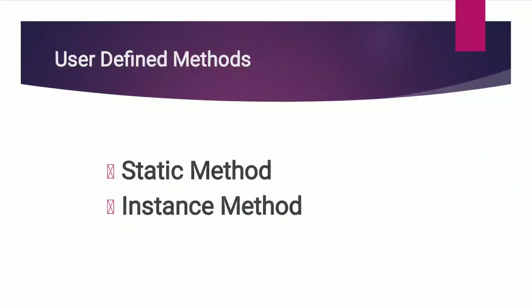Static method. A static method is a method that can be called and executed without creating an object. They are used to create instance methods. An instance method is a method which requires an object of the class within which it is defined to be created before it can be called. If the method in Java is not clearly defined as static, it is an instance method.